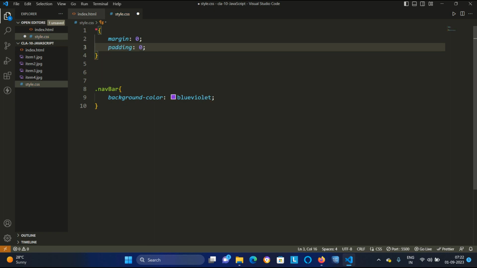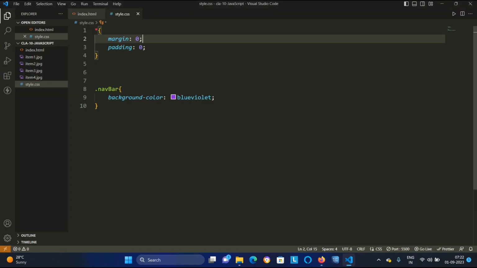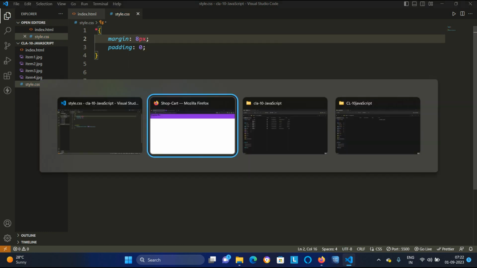Hit enter, save it, go back. Now look, this nav bar is not taking this space anymore, it is coming the way we want. Suppose I give it a margin of, say, 8 pixel, Control S, go back.